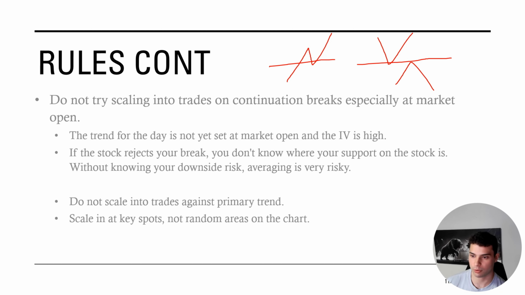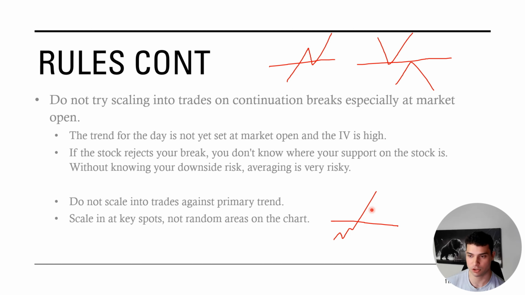But with continuation breaks, which is basically this, price is going up, key level, and it breaks, there's not a lot of well-known risk going off on continuation breaks, especially on market open, because on market open the trend for the day isn't set, right? So how you're going to want to go about this is don't scale into those trades, right? If you see a continuation break off the open, usually I'm going to always go in full normal size off the bat